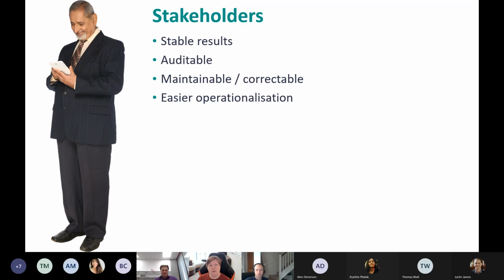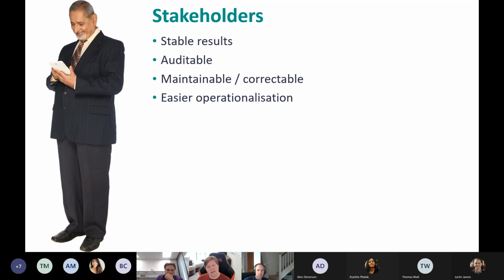And people do not like unstable results. So if you're producing consistent answers, that greatly increases people's comfort. And interestingly, I found it is much better, people much prefer it if you're consistently wrong rather than inconsistently right. So the stability of your outcomes actually helps people feel more comfortable.